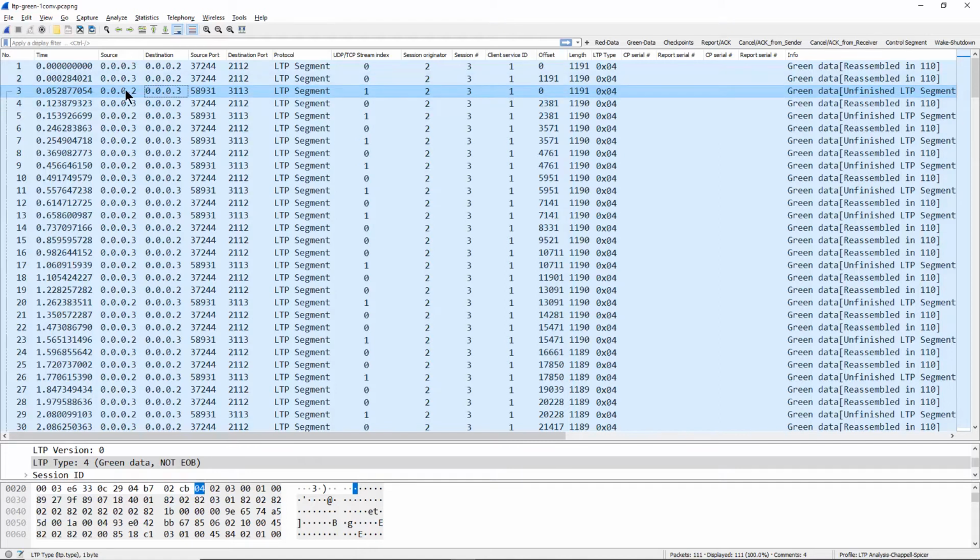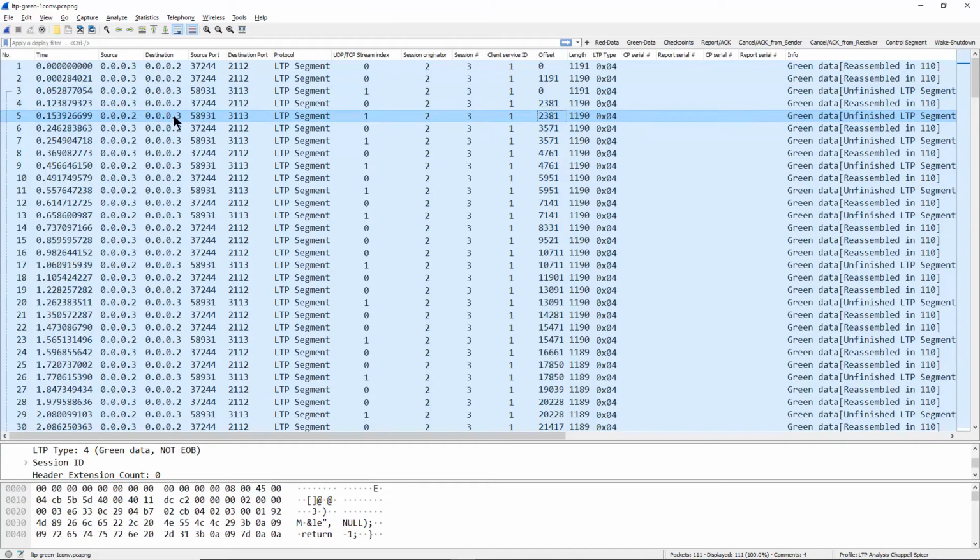In packet number 3, we can see that this is coming from 2 to 3, and the offset is 0 to 1191. And instead of the next packet being 1191 offset, it jumps to 2381, and it's actually the traffic going the other direction. This is the next time .2 talks. So we have packet loss that occurred right here already in the stream that's being echoed back.